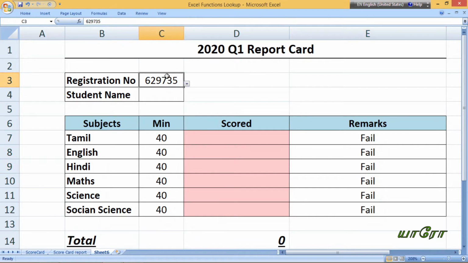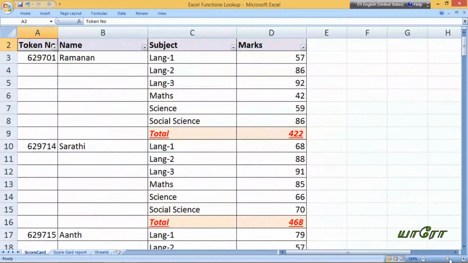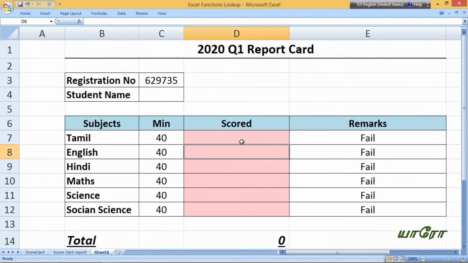Now when I change this value, my student name has to come, and the scores should come from the scorecard table which is entered in this way. For your easy understanding I am zooming it. See, token number, name and all the 5 subjects. When the data is entered like this and you want to make the data this way, now let us first